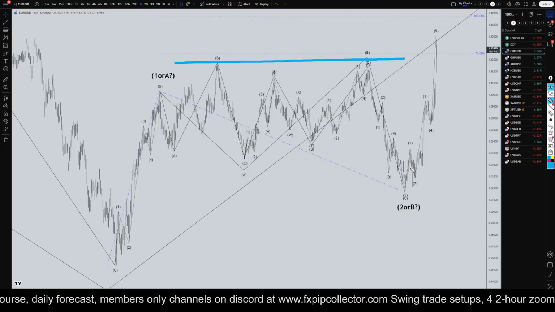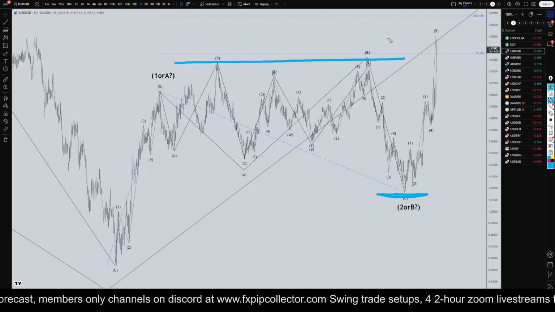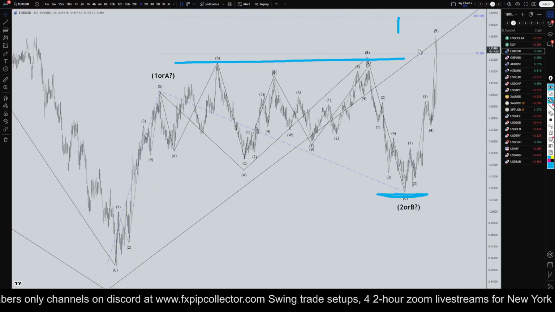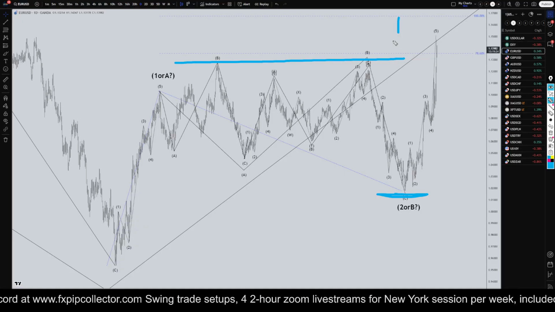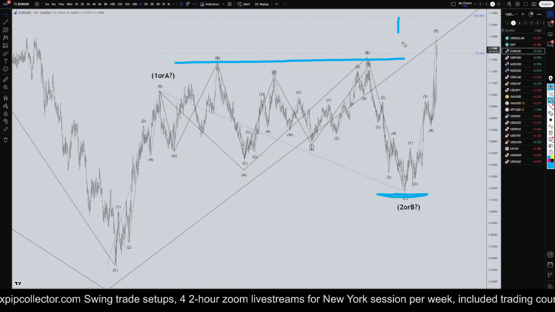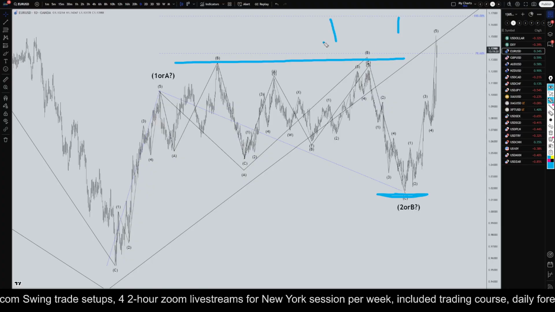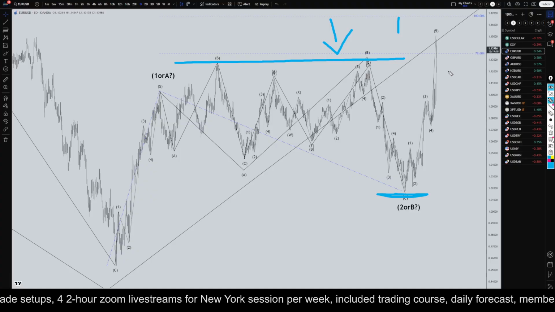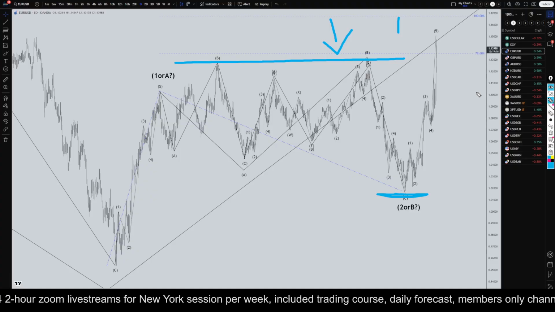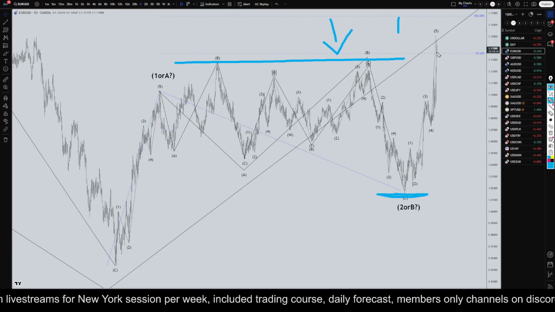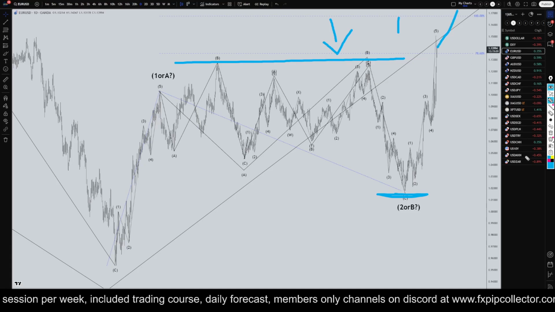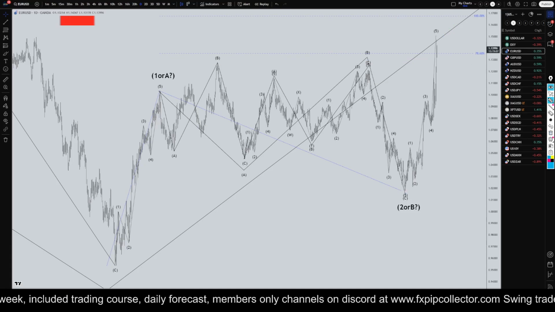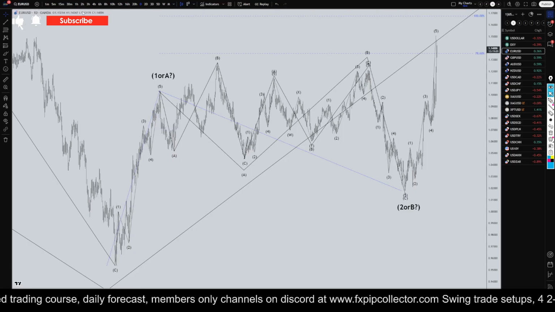I think this whole move up starting down here is either a one of three or a possible A. I think it's either a one of three or a one of C. Most wave ones do take out the previous structure before they go down and make a significant pullback for wave two. Now, just keep in mind, it doesn't have to go back and make a significant pullback for wave two. It could just keep on drifting up, but this is an area where a wave two would be likely to